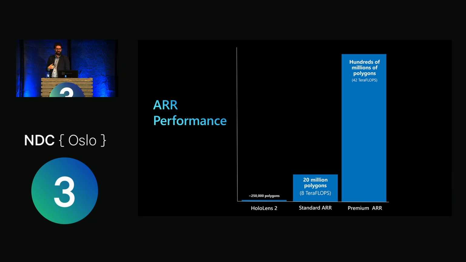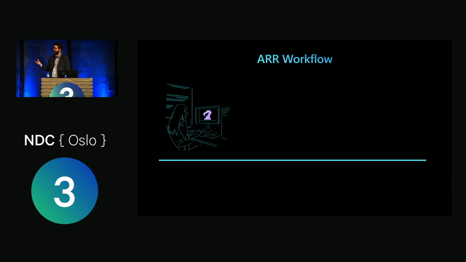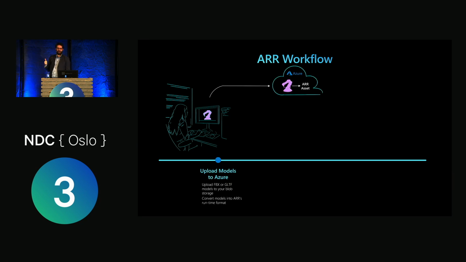And how this works is that you have the model that you want to show, say in this case a robotic arm, and you upload it to Azure. And it's going to go through some processing. It's going to convert it into an ARR model in the cloud. And you can do that either via the Azure Remote Rendering API or PowerShell, or there's a graphical tool called the Azure Remote Rendering Asset Tool. So you upload the model, it gets processed into ARR format, and then in your app,